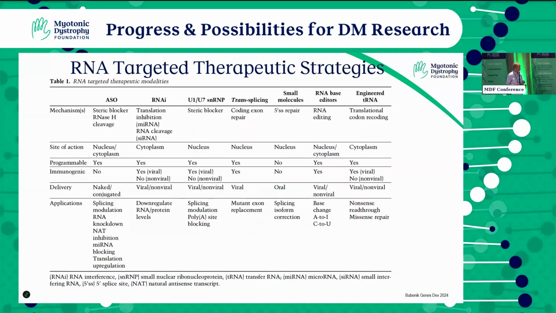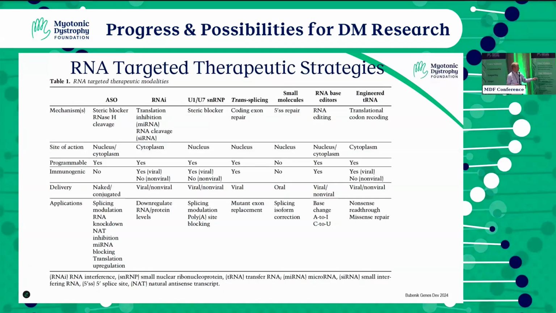Now, RNA-targeted strategies. This is a table which shows RNA-targeted strategies, and this was written from the viewpoint of these strategies, therapeutics, which have been developed and actually made it to commercial viability in some cases. So antisense oligonucleotides are listed, ASOs, RNA interference, RNAi, U7 snRNPs and U1 snRNPs, trans-splicing, small molecules, RNA base editors, and engineered tRNAs. Notice each of these have their own strengths